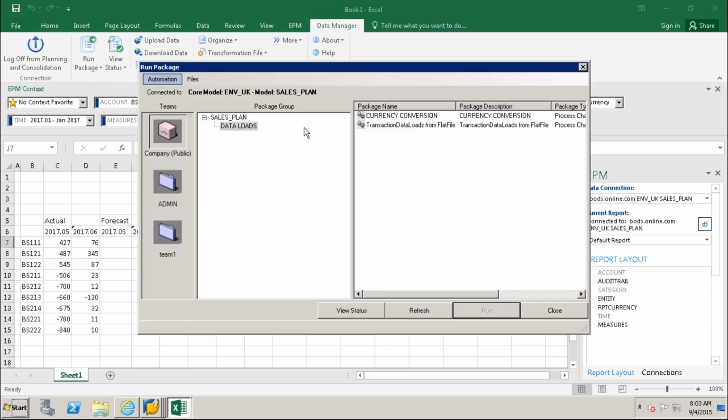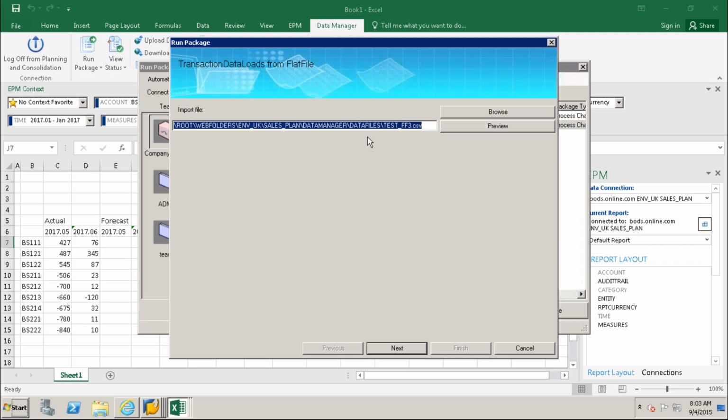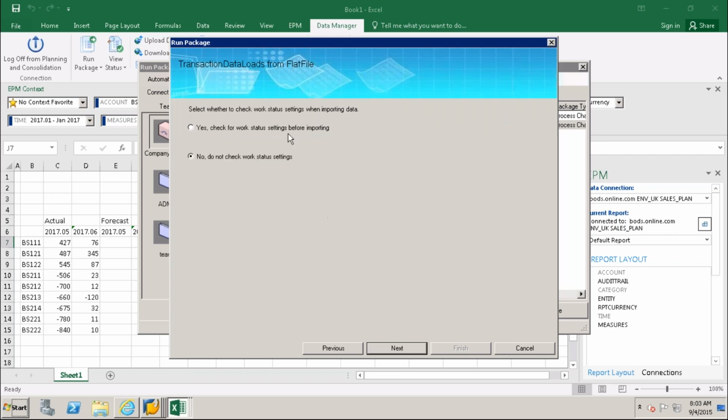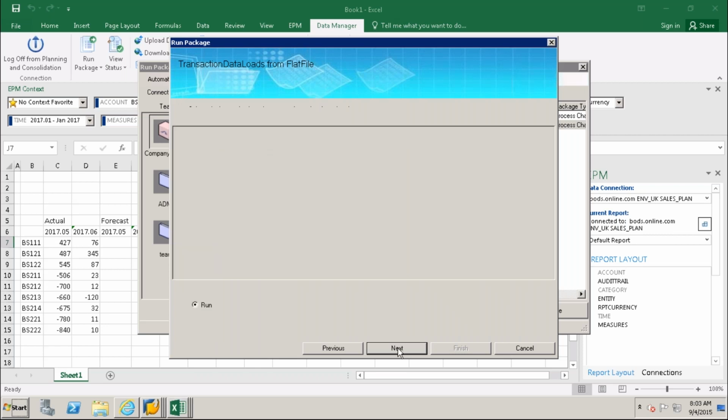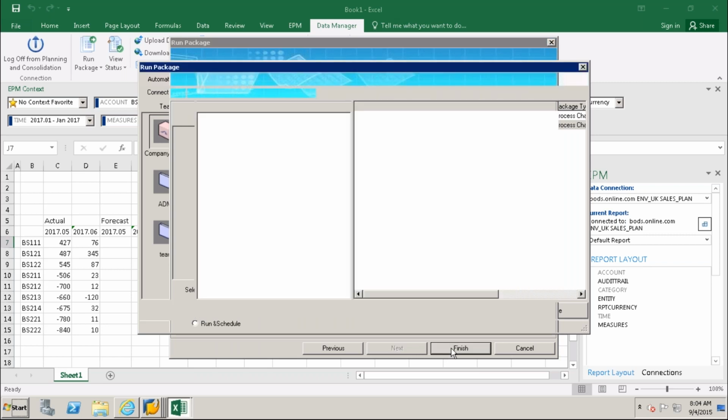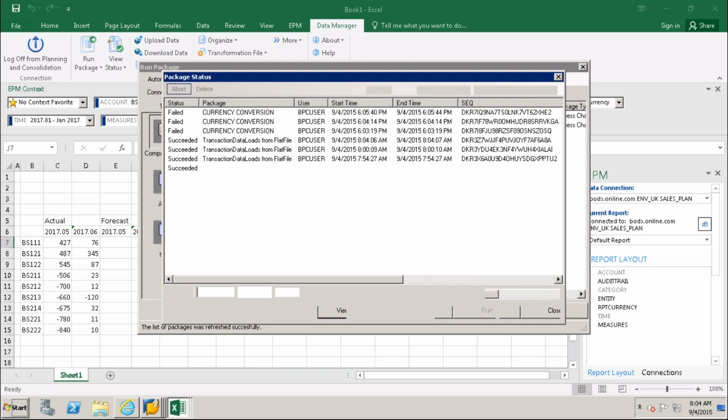Run logic, run package, transaction data, run. This I am taking now. Transformation file also the same thing, and it won't ask you about the run logic. It is asking directly the work status. Run logic, I hard coded that to run. Every time it will run. I did not give you the option to select yes or no here, I mean the user. Refresh, view status.